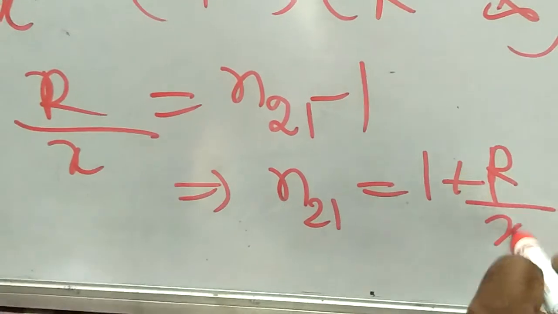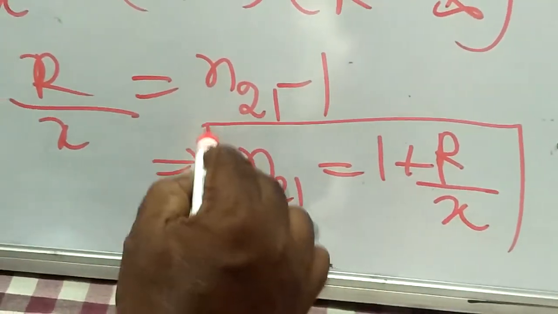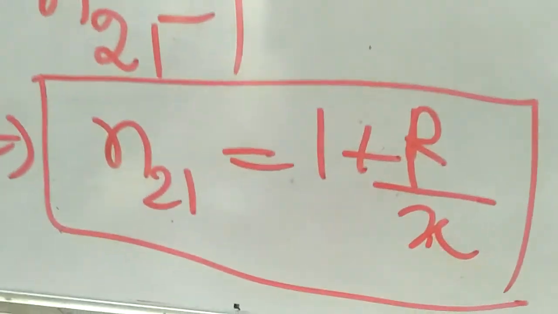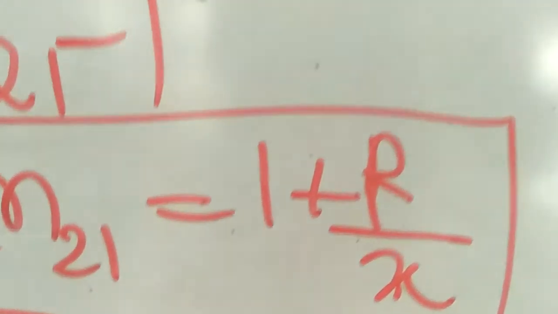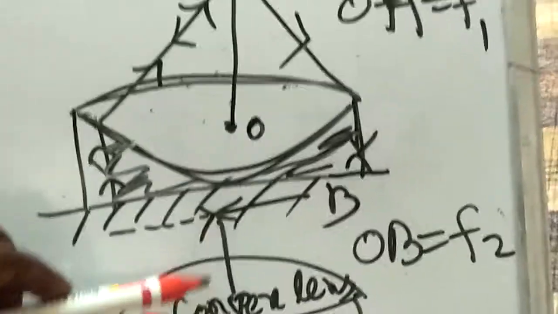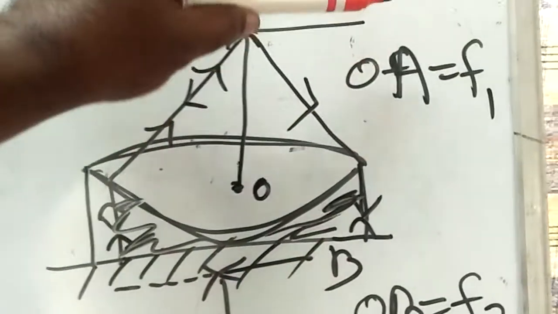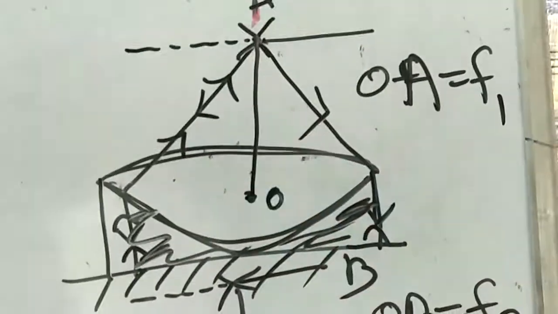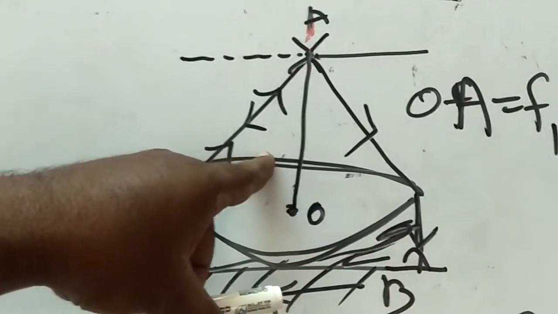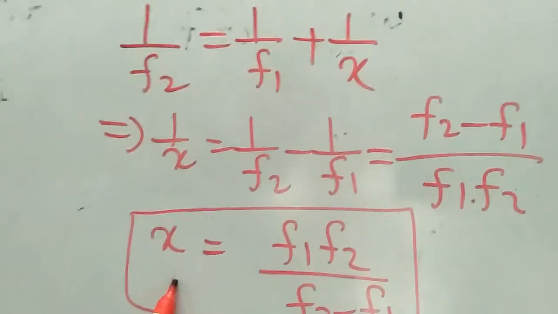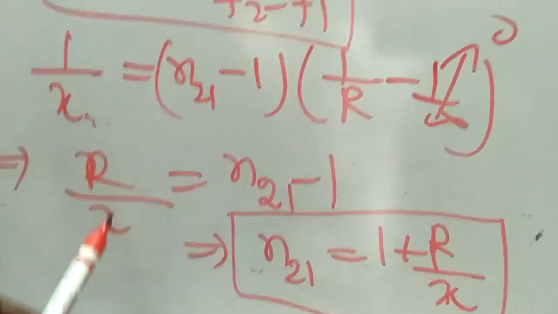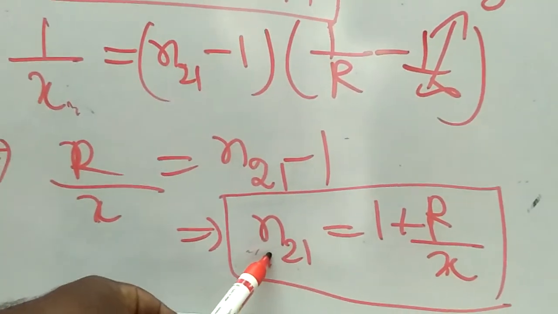It means by knowing the radius of curvature and the focal length of the plano convex lens, we can calculate the refractive index of water. Thus, by using a simple arrangement, you take a plane mirror and a convex lens, keep it upright here and adjust its position. You will get the focal length of the convex lens. By putting water and repeating the same experiment, we will get the focal length of the combination of convex lens and plano convex lens. Then, by rearranging the equation, we will get x, the focal length of the plano convex lens. Then from the lens maker formula, by rearranging we can get the refractive index of the water.